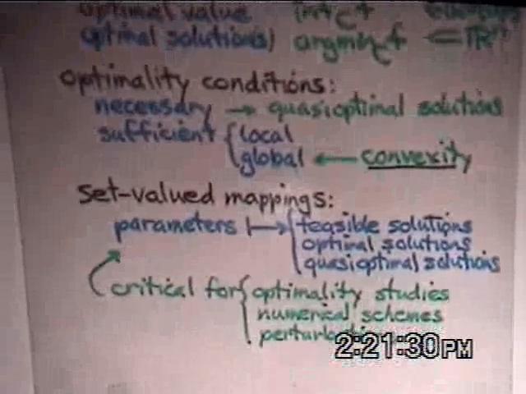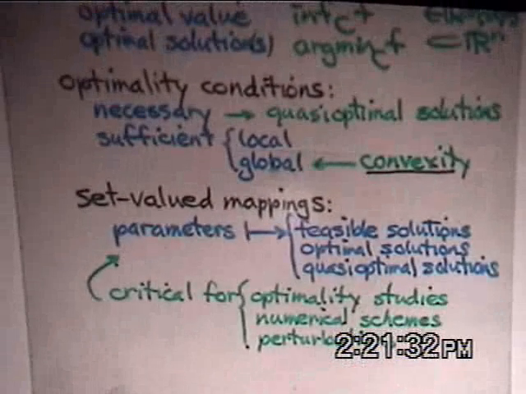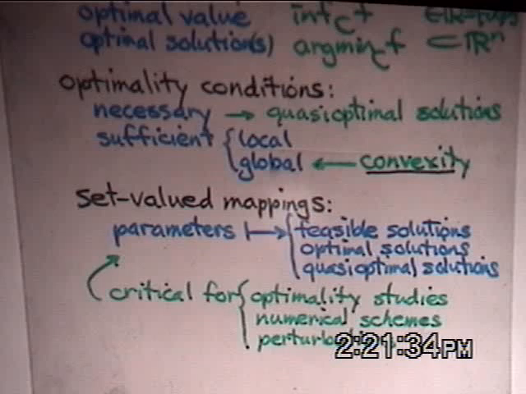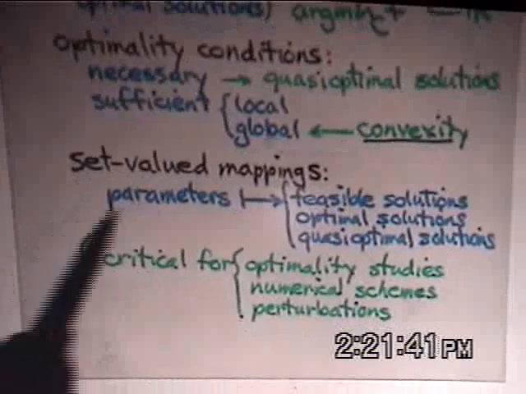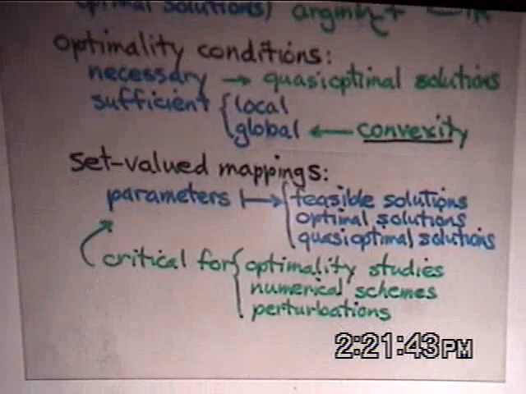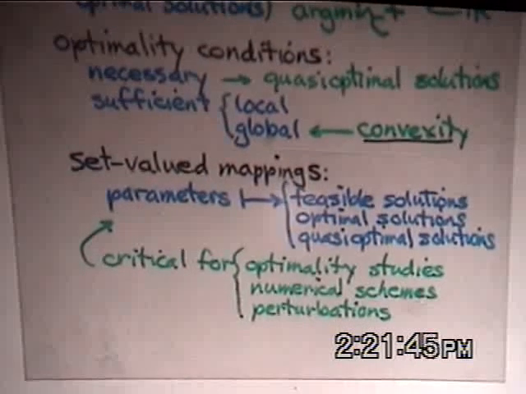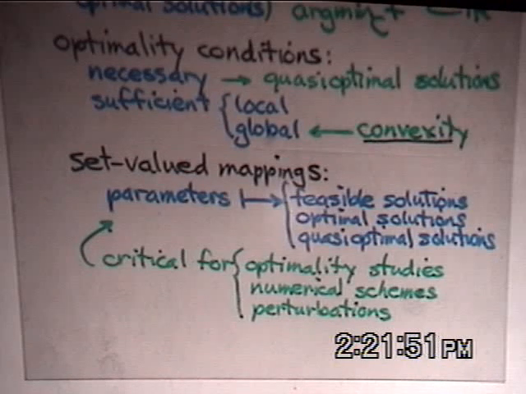So these are ideas that have inspired quite a lot of people, and in which quite interesting results have come out, although there's no time really to discuss them now. Anyway, I will say something about them. You need to look at these set-valued mappings not only for optimality studies, for characterizing things, but for the numerical schemes that you build and for studies of perturbations, about the sensitivity or stability of solutions to parameters in a problem.